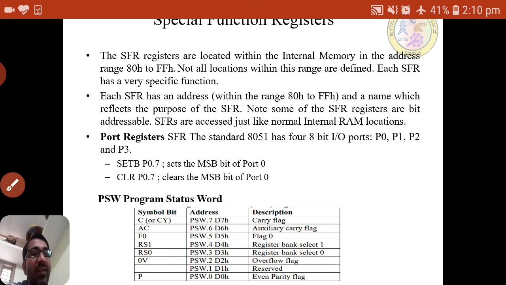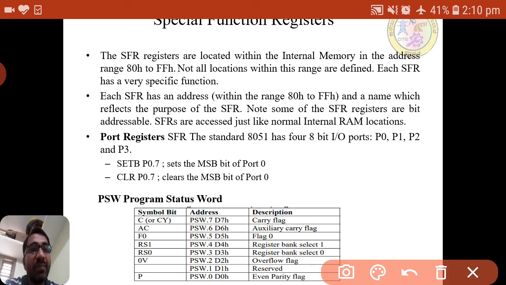Similarly, the program status word, which we have seen, has carry, auxiliary carry, F0, a reserved flag, RS1 and RS0 for selecting the register banks, and overflow. All these bits we can access individually.